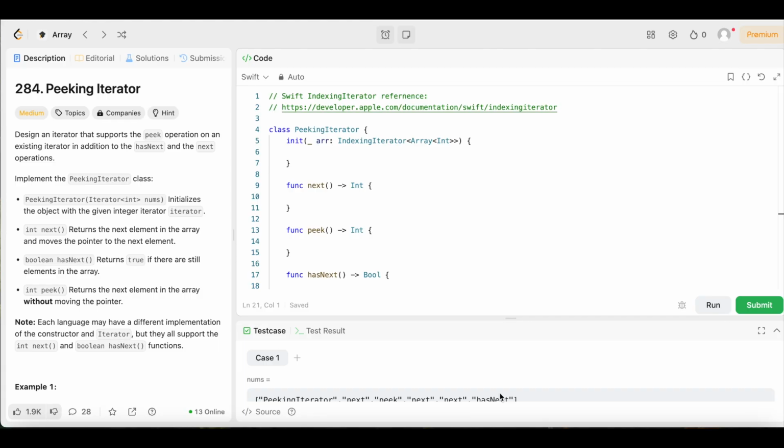All right, y'all, we're back again. Another day, another LeetCode problem where we're doing daily LeetCode problems. And today we have question number 284, Peeking Iterator. The difficulty level is medium, but don't worry because we're going to keep the solution as simple and easy to